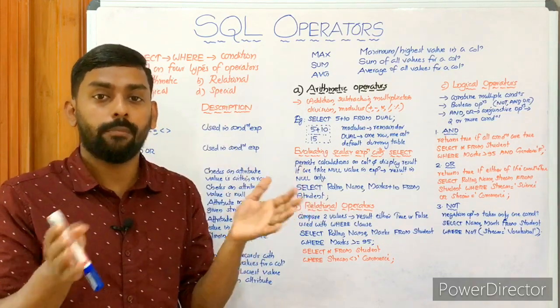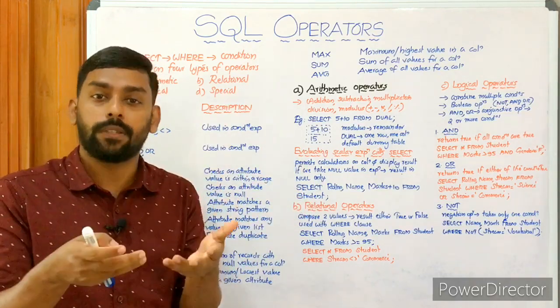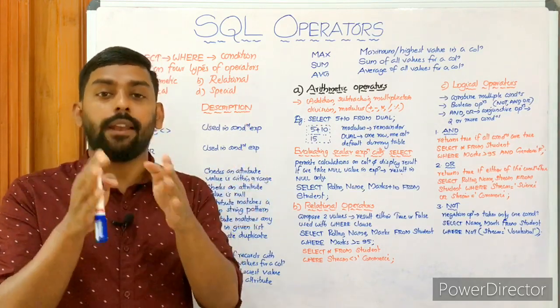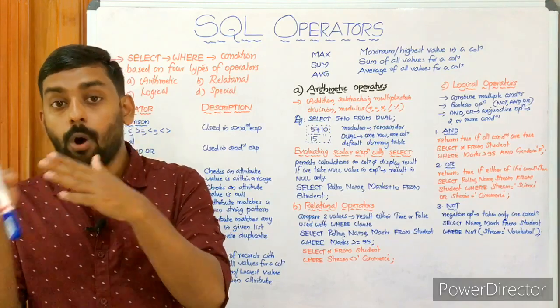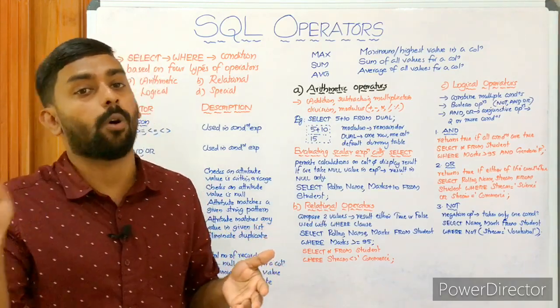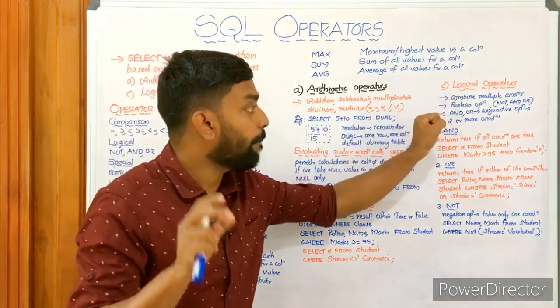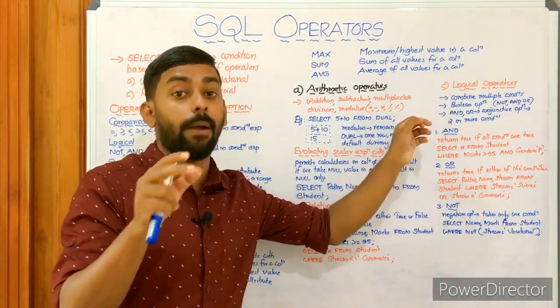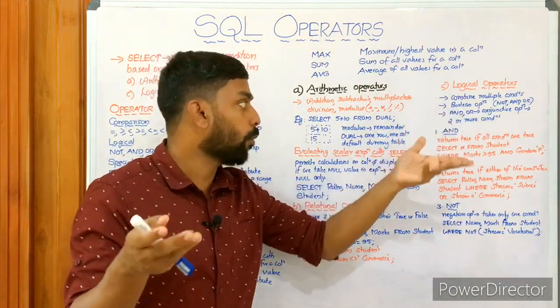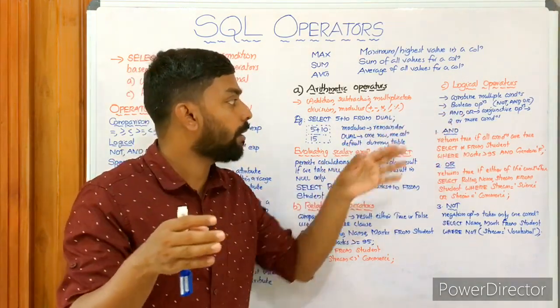Why is it not, and, or? Based on the order of precedence. Not has the highest priority, and gets the second, and or gets the last priority. So the order of precedence is not, and, or. It combines multiple conditions, which is why they are called Boolean operators. Not, and, or are the operators.